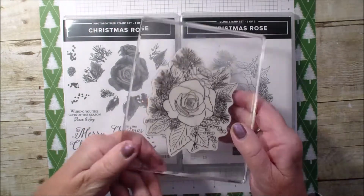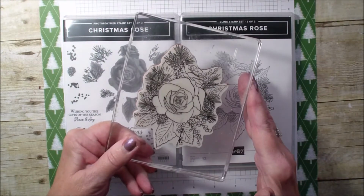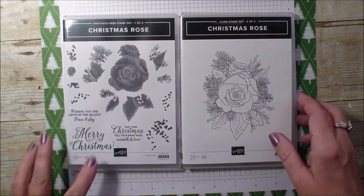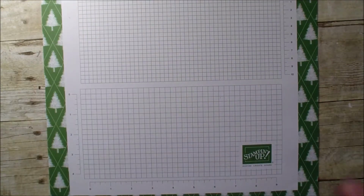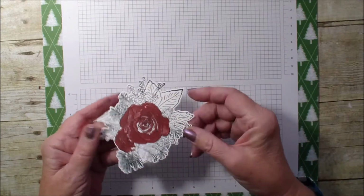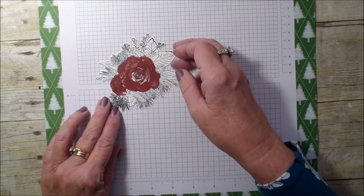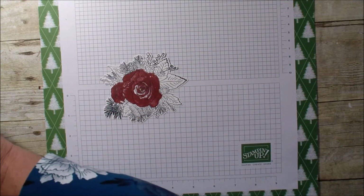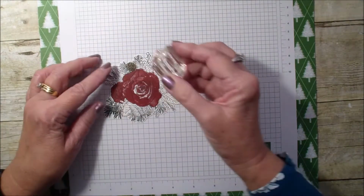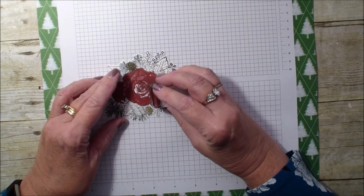It's a unique stamp set because it's got two different types of stamps. First, it has the red rubber cling, and then it also has, for all the little pieces, the photopolymer. And the thing with that is it makes with the red rubber distinct stamping of the images, but then you're able with the photopolymer to place all the pieces onto your image. Now I am just doing the pine cone, but as you can see with all these different pieces,